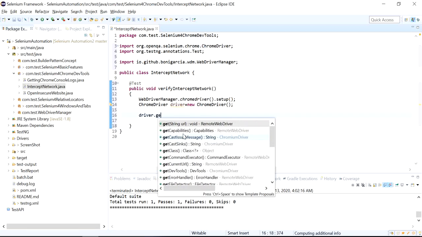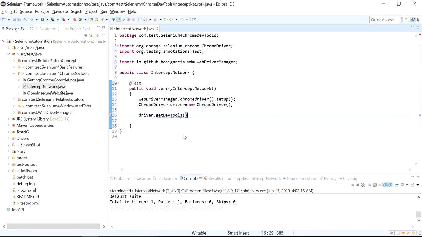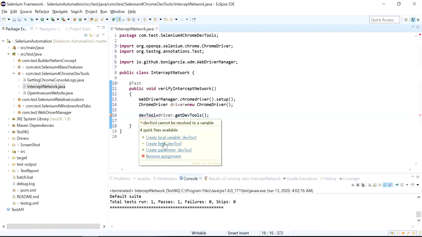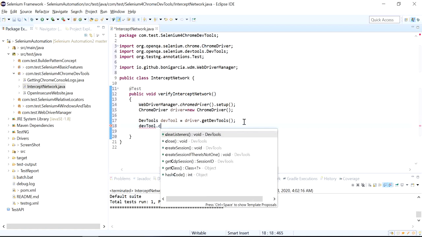Now driver dot getDevTools, and here I'll create the object devTools, and it will return the DevTools object. Using this object I create a session,